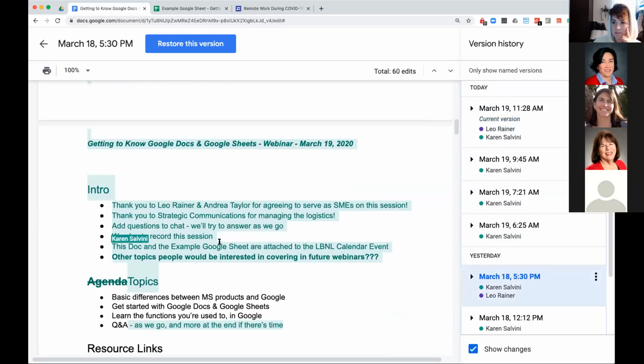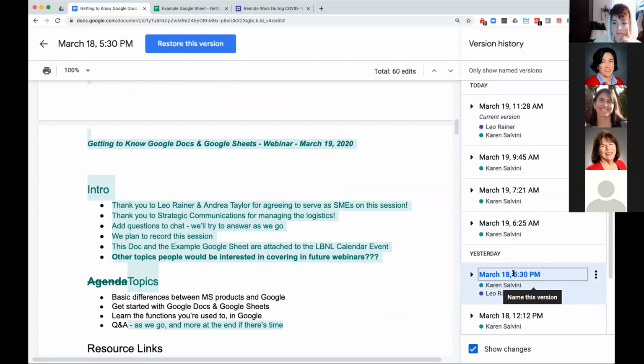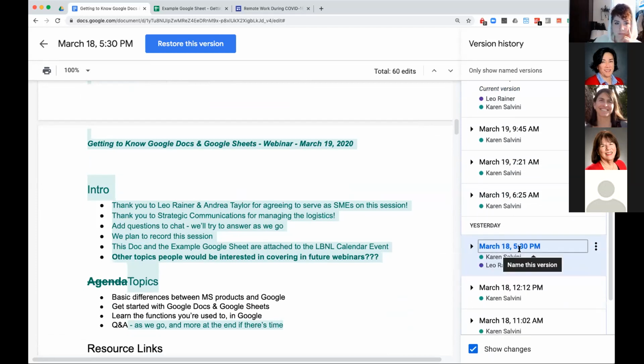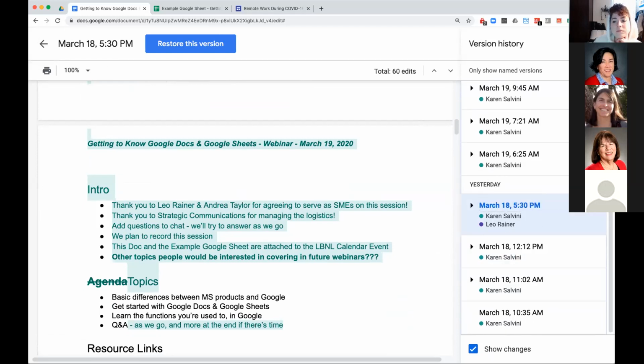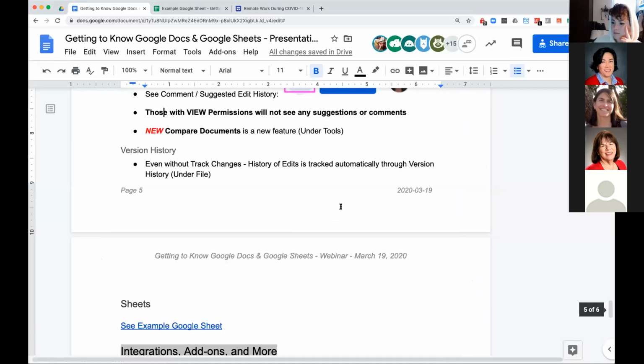So it's helpful because you can see who made it, what they did, and then you can open up a particular set of edits, like a date and time, and get much more kind of granular. So if you at any time say, you know what, this was a better version, I want to keep that, you can actually make a copy of a prior version. So in case you need to roll back or you want a record of it, that's there.